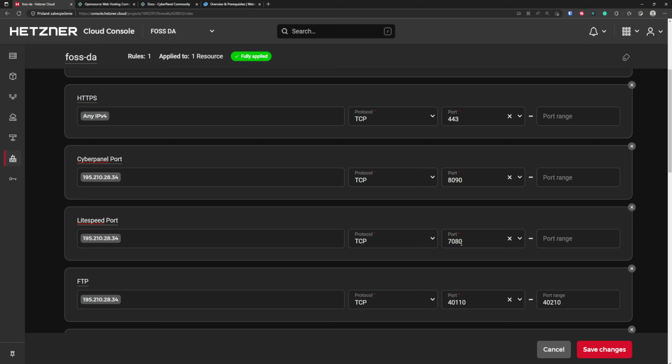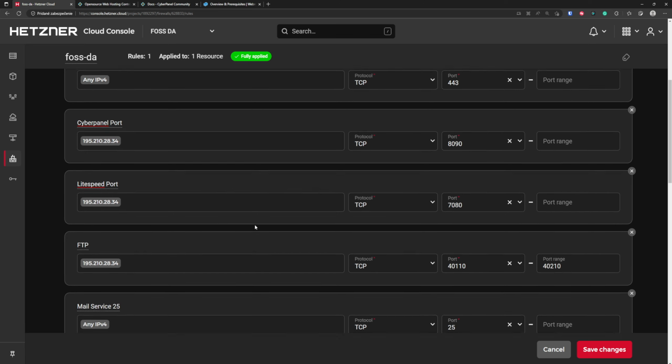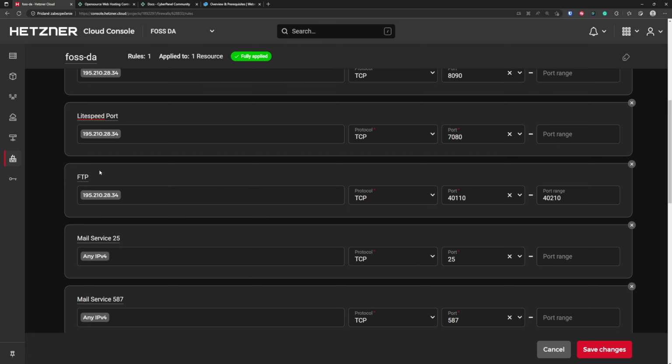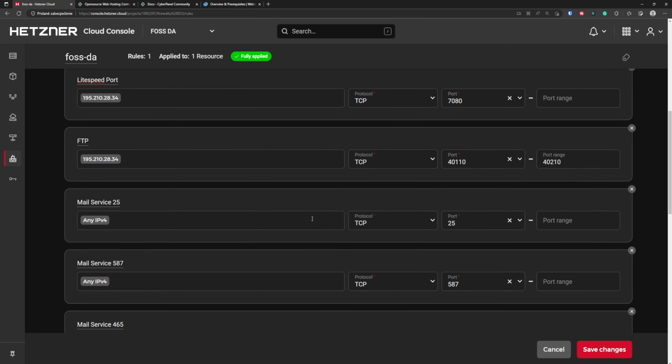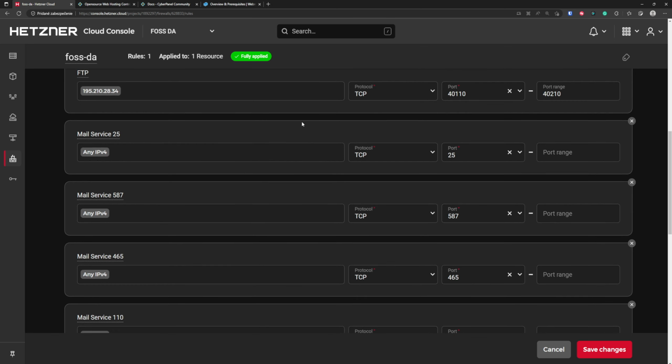Then we open port 7080 for LiteSpeed. That means the LiteSpeed configuration area. And also for FTP, we open ports 40110 and 40210 to our own VPN address. In order to use